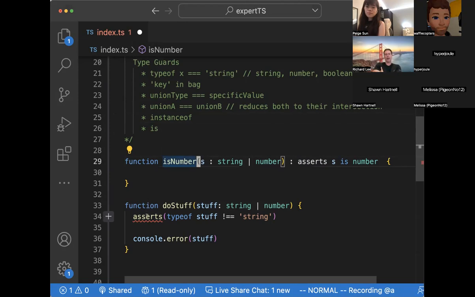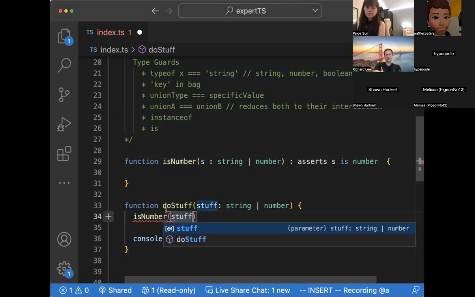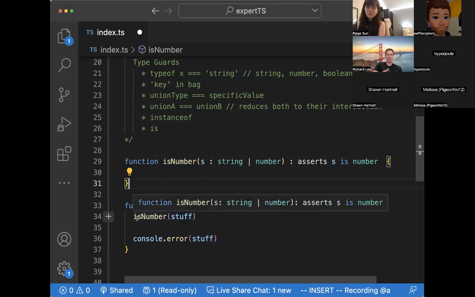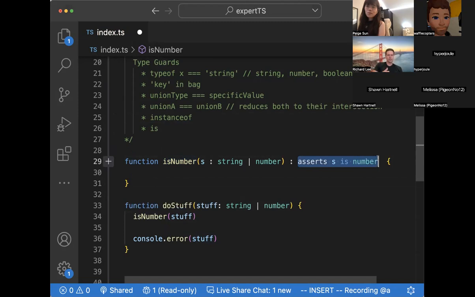Anything in the control flow after this assertion predicate will know. So now when you get down to here, it has to be a number, because if it was a string, it threw. Yeah, I completely forgot about this. Good call. All right, so another type guard we have is,